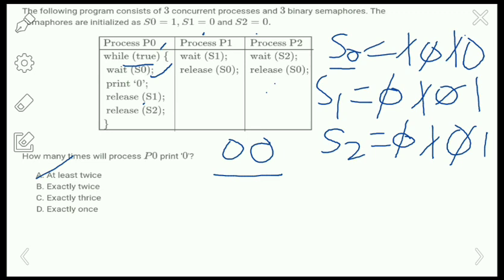Okay, so here you can print the same options as 000 also. Okay, so if you change the order of execution, you can print 000, but they have asked the minimum, how many times it is going to print. So if you execute each and every process at least once, then you can print 0, 0. Okay, or else if you are not executing concurrently, then you can print a minimum of 3 zeros in this given question.